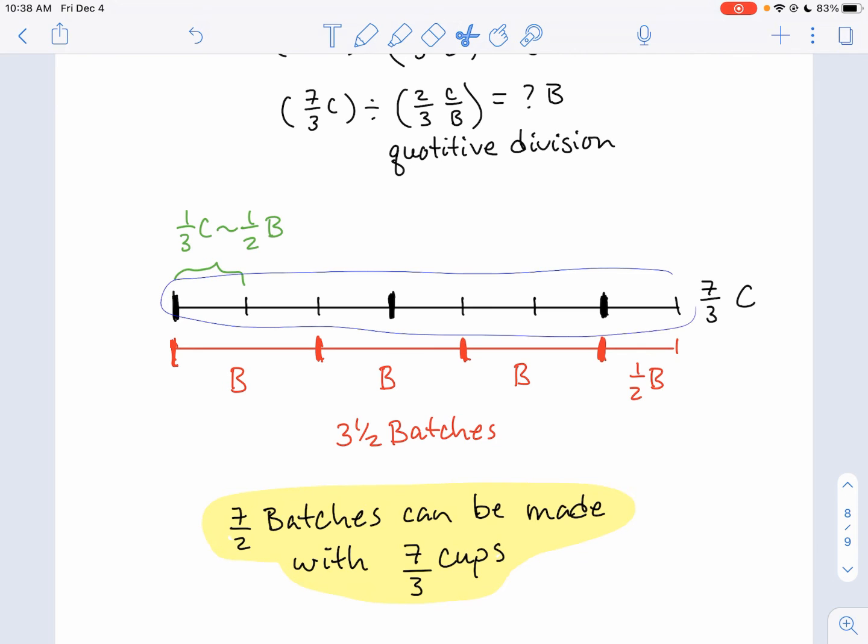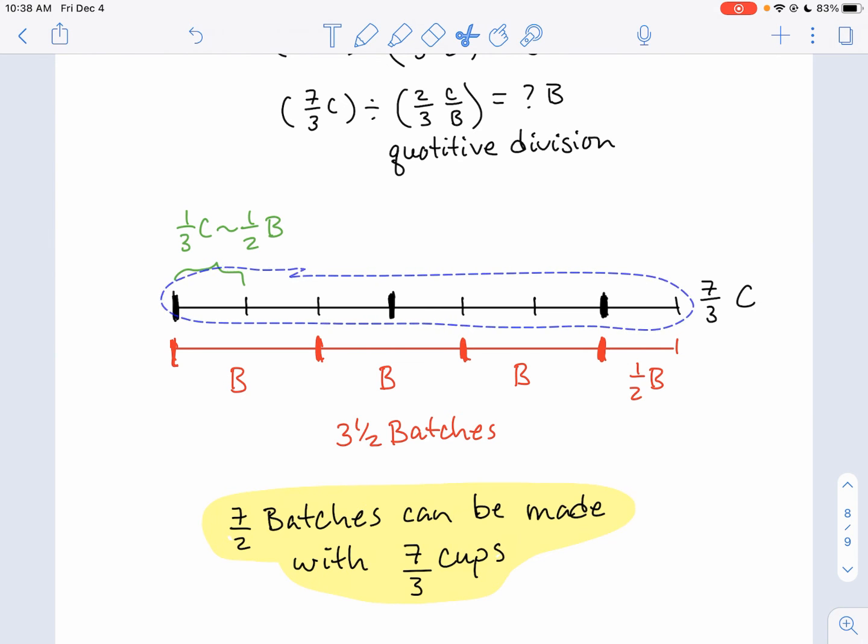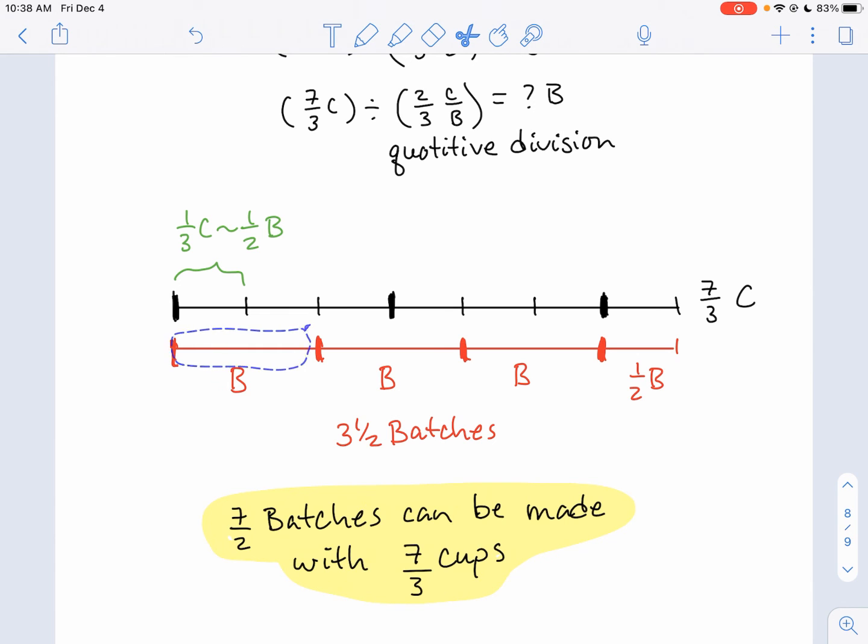So I drew the 7/3 cups. That's how much we have. That's the longer amount. And we have 2/3 is a batch, so I just wrote that as a B for a batch. And we're trying to figure out how many of these reds, the one I currently have highlighted, will make the entire black. So before I drew these other parts of the red right here, this was just one of those same thing of you have 2 strips, a black and a red strip. How many reds does it take to make black? In other words, how do you scale red to make black? And the way we're going to do that is, well,